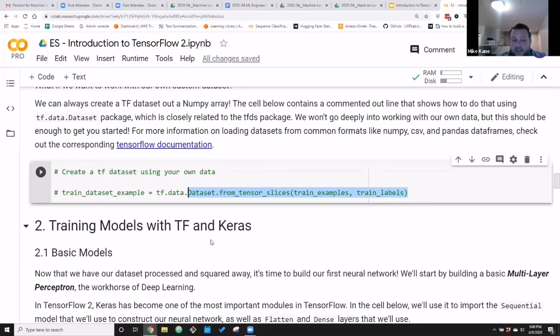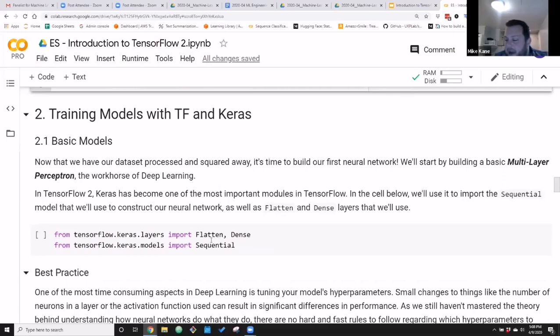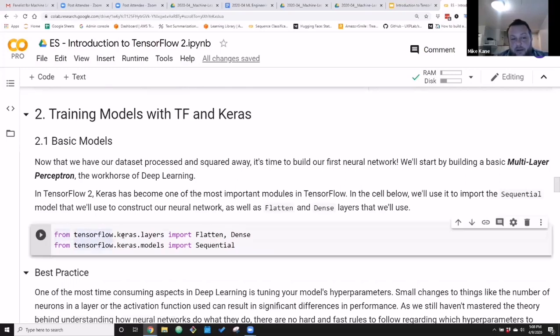Now let's get to the fun stuff. Let's build a model here. Okay. So as I said, Keras, that high-level library that everybody loved, has been wrapped directly into TensorFlow. And we see it right here, right? From tensorflow.keras.layers, import Flatten and Dense. These are layers, right? And layers are what we're going to think at the layer level for our neural network.